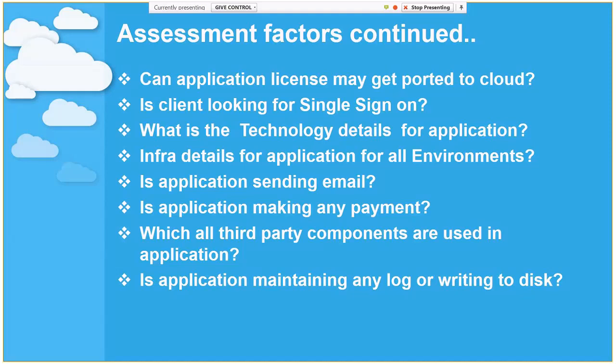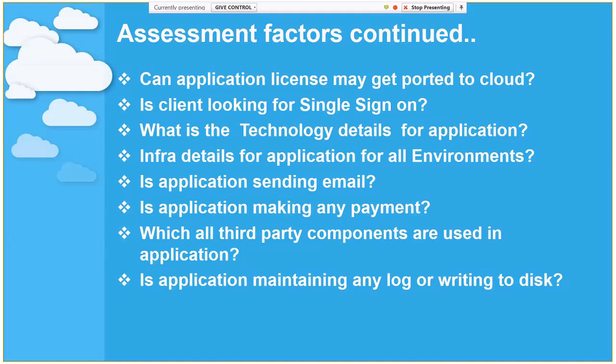Single sign-on I have already covered. And what are the technology details? Just think that currently they are using an application, maybe 2.0, and probably they want to go to 4.6, or multiple databases. That all comes as part of the guiding principles which we adhere to, as well as infra details for all environments. They will have different environments, and the infra may be different or it may be the same. So when we plan for provisioning, we need to remember why people go for cloud. They go for cloud because of the benefits as well as saving money. That is one of the factors to take this application to the cloud.